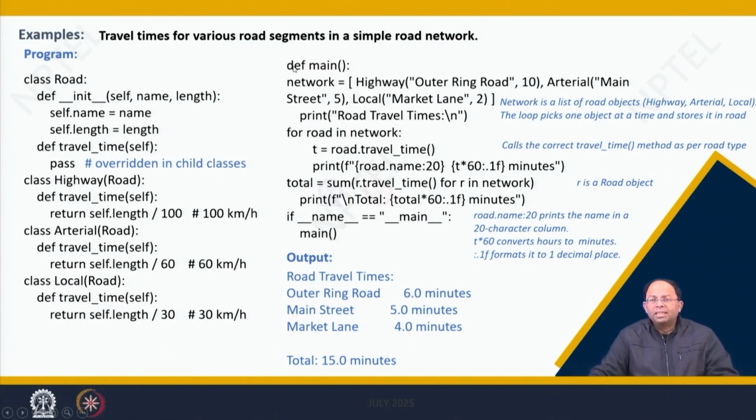So now we are writing the main body of the program. I have used the term def main. That's not required, right? If I put def main, I also have to add that last line: if underscore name underscore equal to main, then what it means is road dot, that means in this particular case,